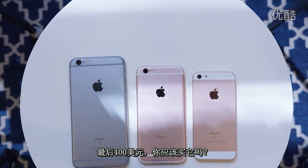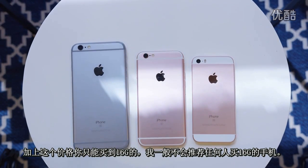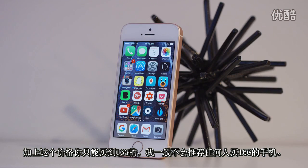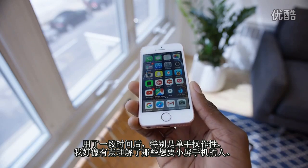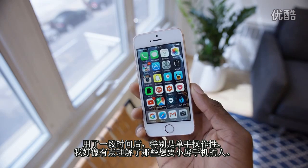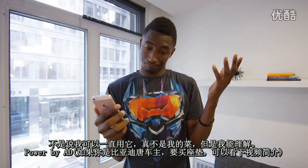So for $400, should you buy it? It's not for everyone, that's for sure. Plus, you're only getting 16 gigabytes at that price, and I'd pretty much never tell anyone to buy a 16 gig phone. So for $500 or $600, you'd have to really want a small phone. After using it for a while, especially for reachability, I kind of get the desire for smaller phones. Not saying I could personally do it forever, it's just not my thing,